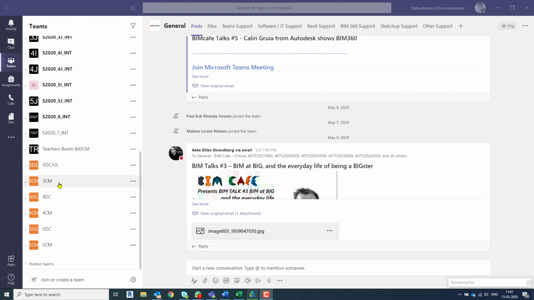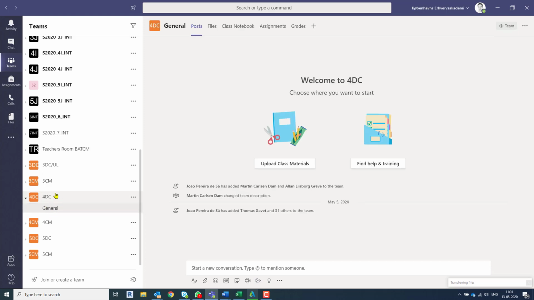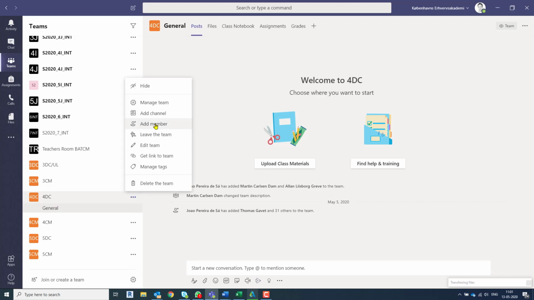public channels. Let's take DC, for example. In this team, the only channel present now is the general channel. This one we can't delete. It comes by default when you create a team. And in this setup, the difference between the private channels and the public channels is that, for instance, in this team here,